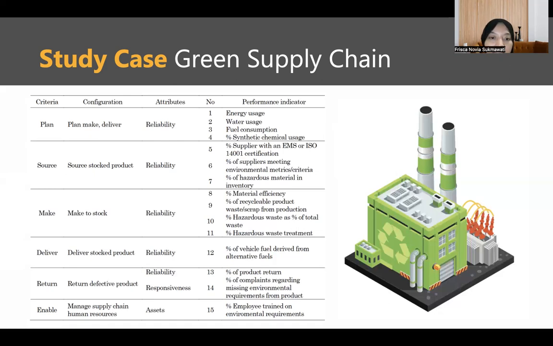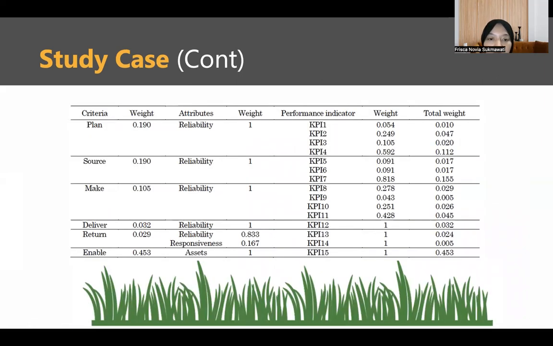This is an example of a SCOR metric that has been made, consisting of criteria, configuration, which is the level of the process described earlier. Attributes are performance measures in accordance with configuration, and performance indicators are obtained by conducting interviews or questionnaires to related parties. All right, then we go to the second stage, determining the weights of parameters using AHP